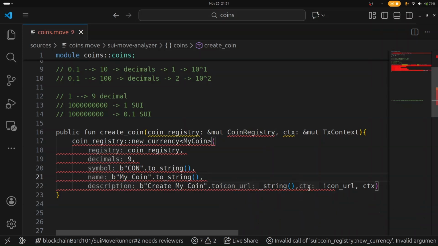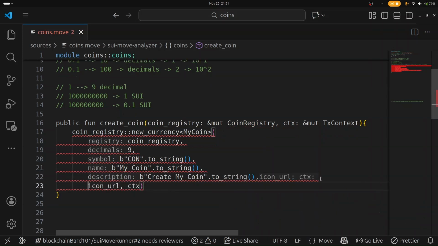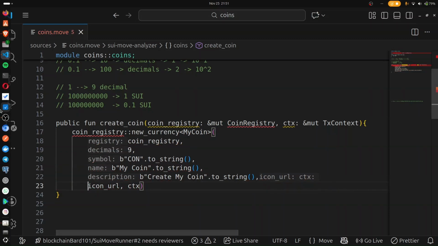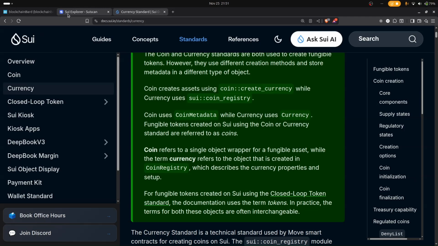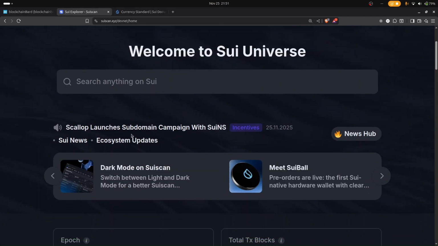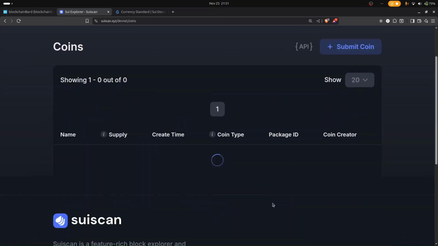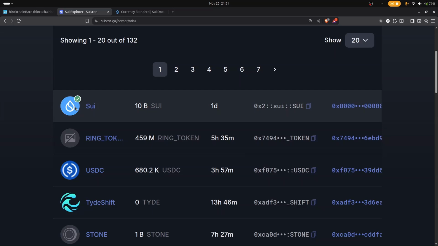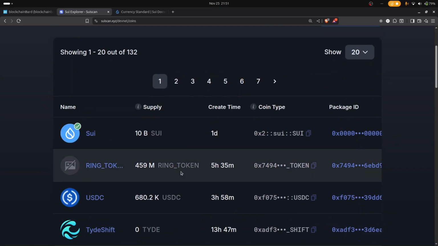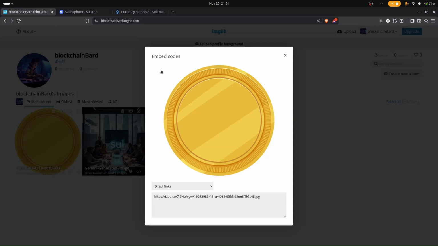Then the next thing we're going to be passing is an icon. So every coin has an icon. If you go to Sui Explorer right now, you will notice that the Sweet token has it. Let me come back to coins here. You see that every coin has an image, so you have to pass in an image. Right now, I have this image here that I'm going to be using. Let me just copy the URL